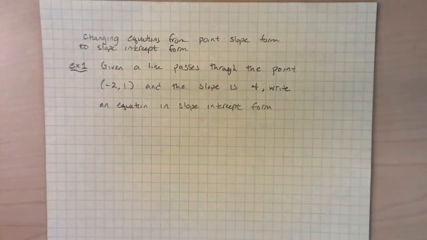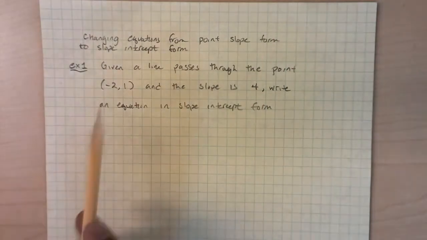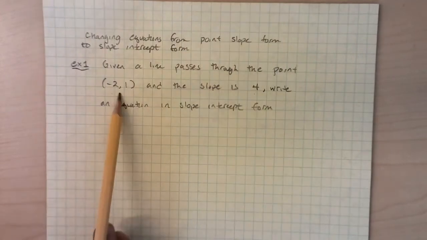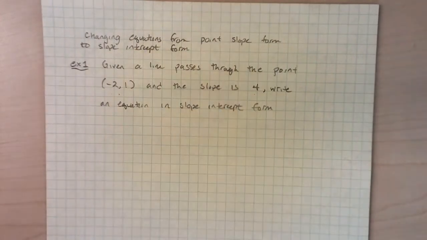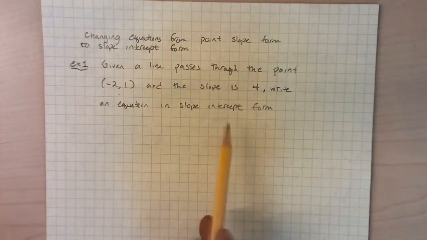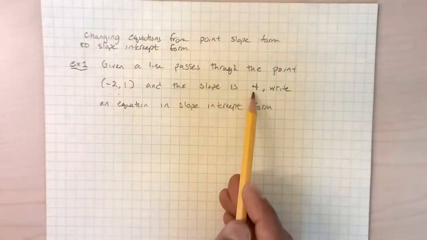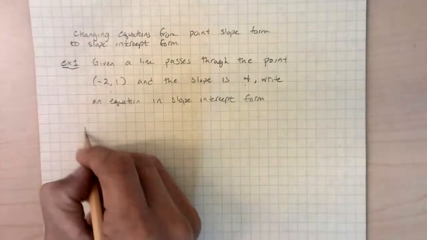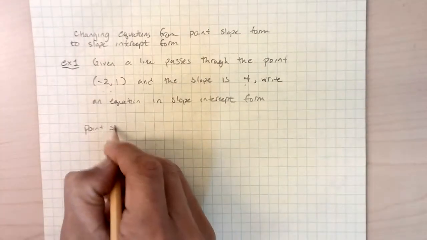So for the example that I have here, you're given a line that passes through a point, and then the slope is 4. So we have two things. We have a point, and we have the slope. We want to write the equation in slope-intercept form, but we don't have the y-intercept. Since we do have a point and the slope, again, it might be easier to first write the equation in point-slope form, and that's what I'm going to do. So in point-slope form,